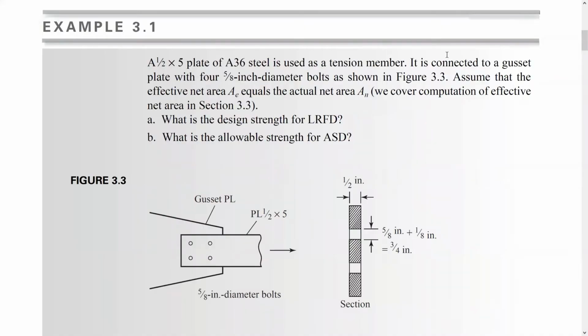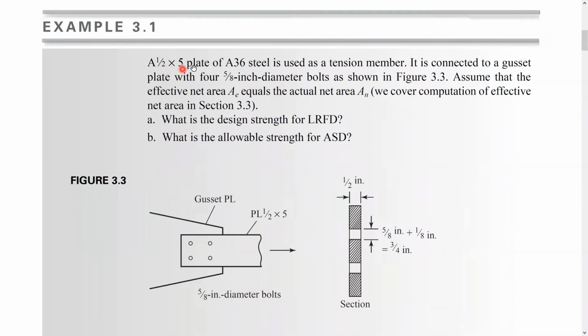Okay, in this example, which is example 3.1, we will find the design strength for the tension member using both the LRFD method and the ASD method. So the problem statement says